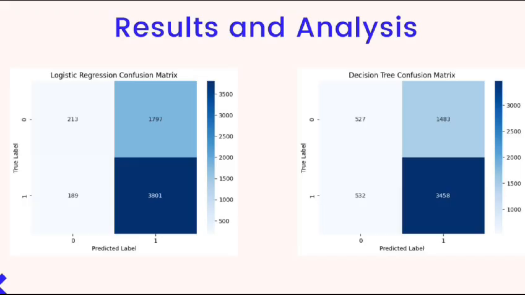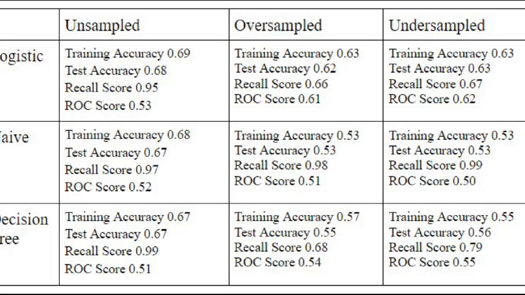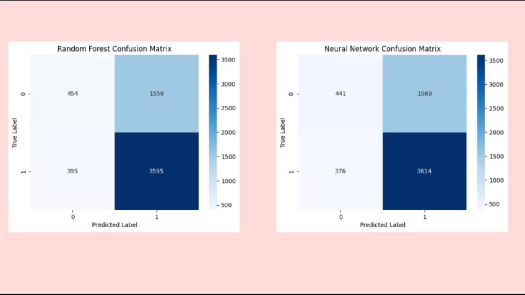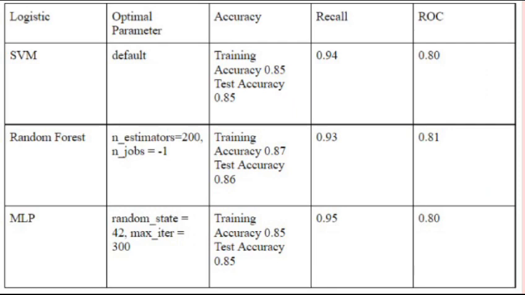Comparing the results obtained after the feature selection and boosting, we can see that we have made significant progress and achieved a final accuracy. Accuracy follows this order: decision tree is better than logistic regression, which is better than Gaussian naive Bayes. The classification done by various models is shown in the table. Looking at the results, we can say that random forest performed the best among all the classifiers with an accuracy of 86%.